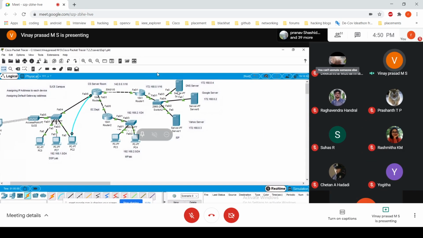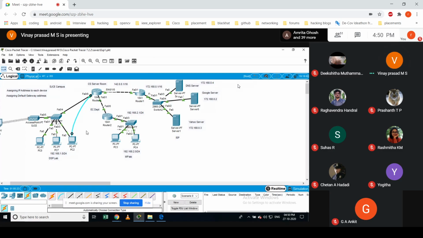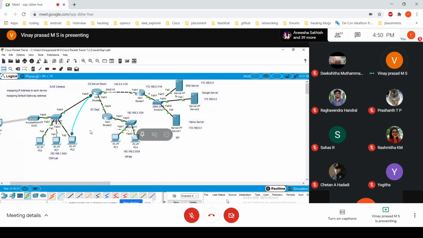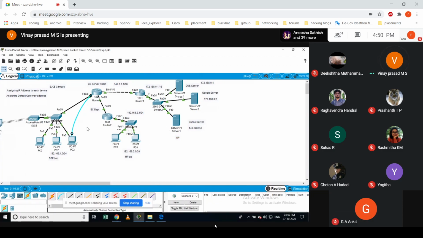OSPF itself is a big ocean, because to understand OSPF I think it needs 15 to 20 classes. There are lots of things to understand about OSPF. But we do the very basic things, and you should understand how this could be used and how you can configure it. That's it.